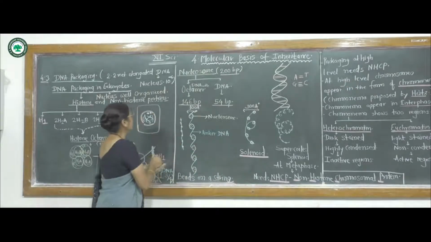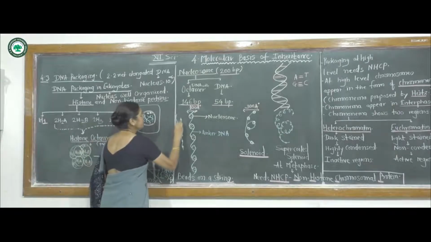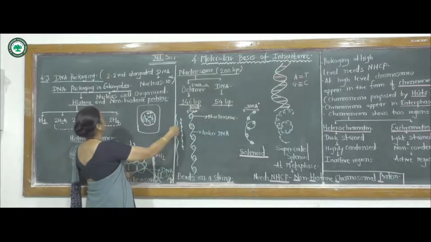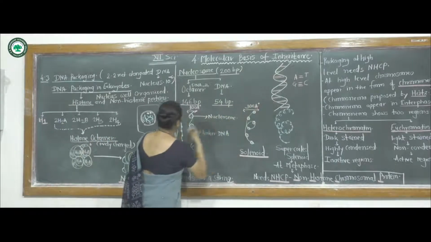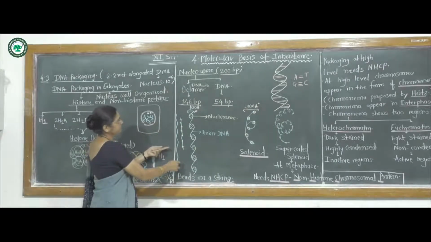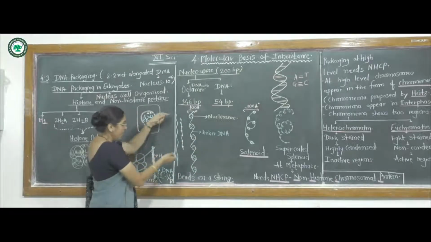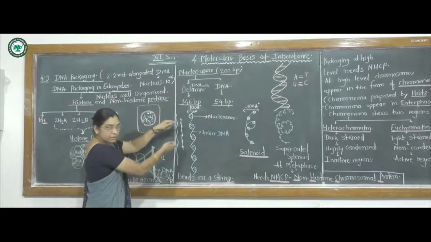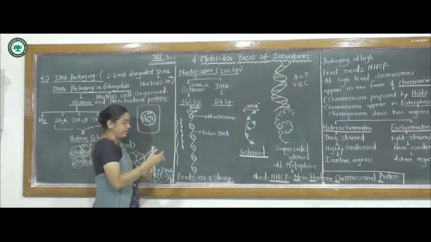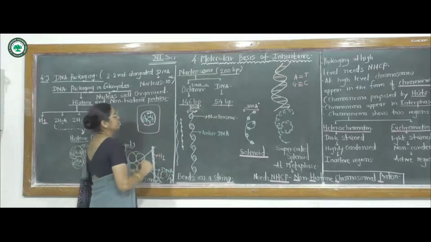That means, suppose initially there is a much elongated DNA strand, which is a double helical structure, but diagrammatically we sketch it like this. Suppose the DNA forms the beads on a string and becomes compressed or condensed. You know the telephone wire, due to coiling, super coiling, a much elongated telephone wire can be accommodated in a very small space like this.